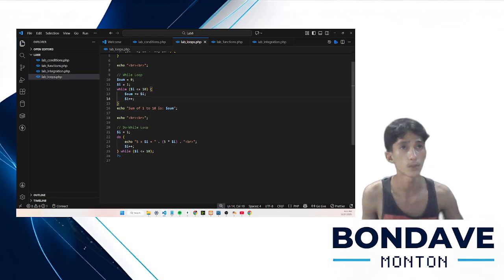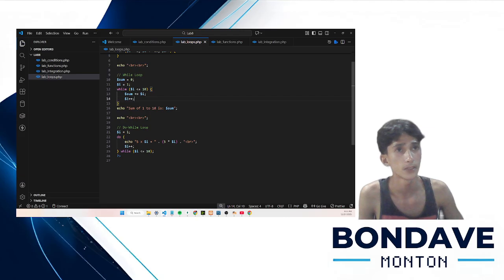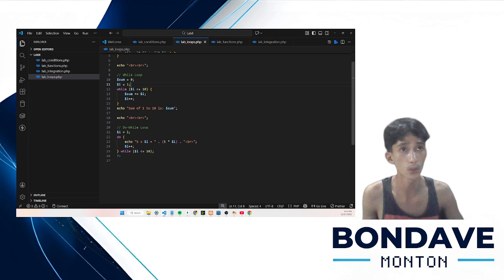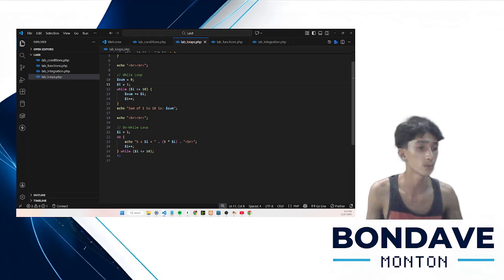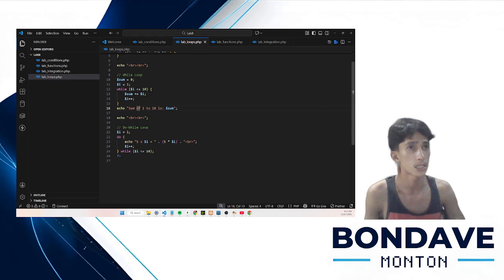It will continuously add the numbers from 1 to 10, all the way to 10, and it will print out the sum of 1 to 10 as the total.